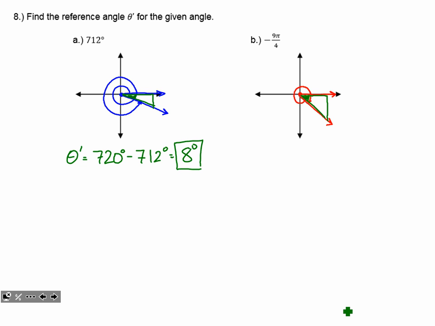It's like, hey, how much did you overshoot that complete circle? So my 9 pi over 4, what's the difference between that and the complete circle 2 pi, which is also 8 pi over 4? I find that I overshot it by 1 pi over 4. And as I said earlier, you're more than welcome to convert this to degrees if that makes the math easier to either draw the angle or calculate the difference. Just be sure that if we're starting with a degree measure, our answer is also a degree measure. And same thing with radians. If we start in radians, we should end in radians.